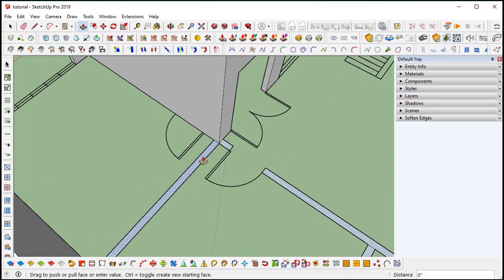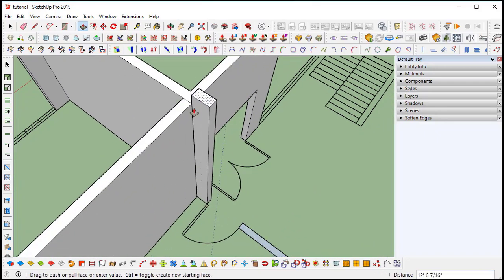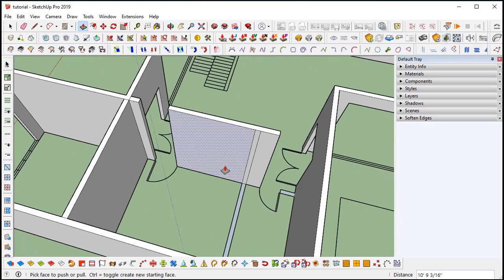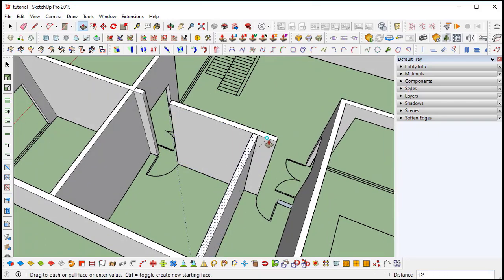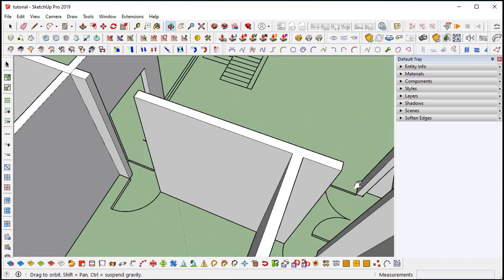So now I'm going to use push pull. Simply trace this point. Just click somewhere near the edge, and it will automatically trace that height. And I will delete the middle line.